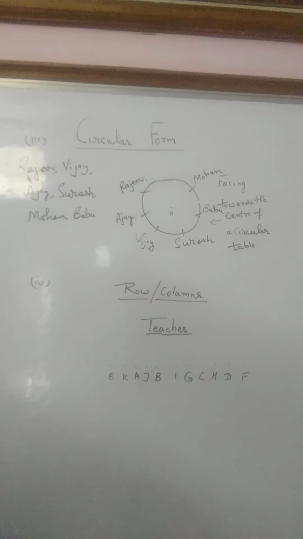Then we come to the last arrangement, row or column, and this is very simple. There is some superior person, a senior position holder, and he is taking the meeting or conference of different juniors who are under him, and he makes the arrangements of those persons by making them sit in that order in front of him, without changing the pattern of their sitting arrangement.